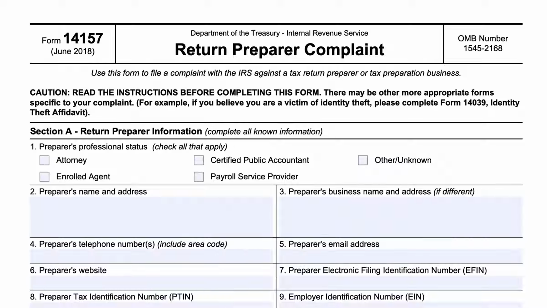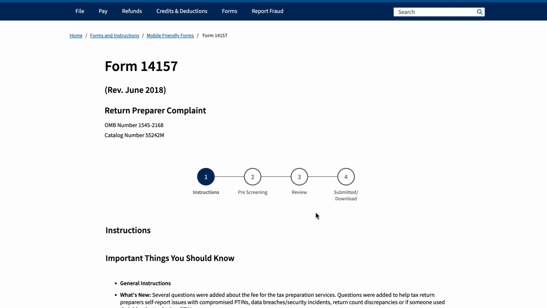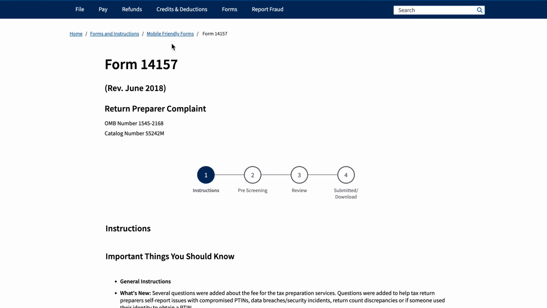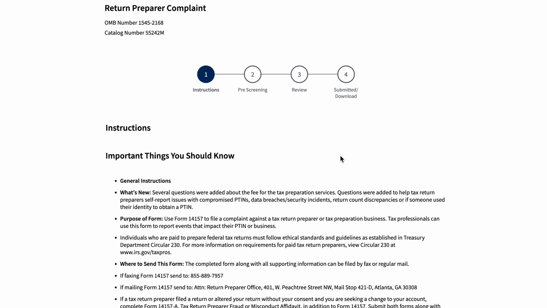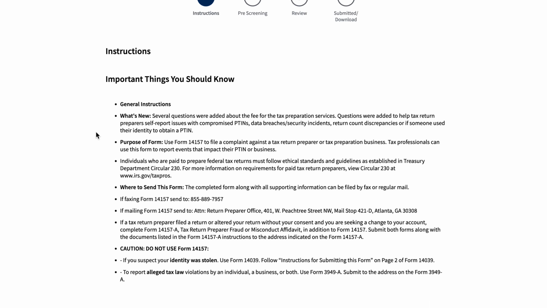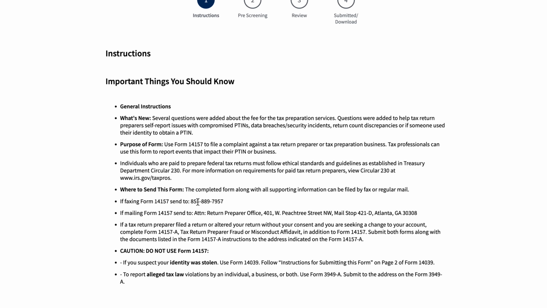However, in today's video, we're going to go to the IRS website, where you can file this form using what's known as a mobile-friendly form. So it's the same purpose. You can read all about this. This is basically detailed information on how you would do this offline,